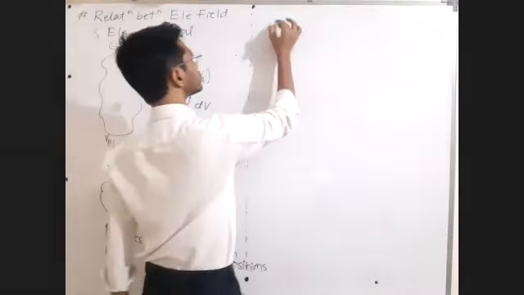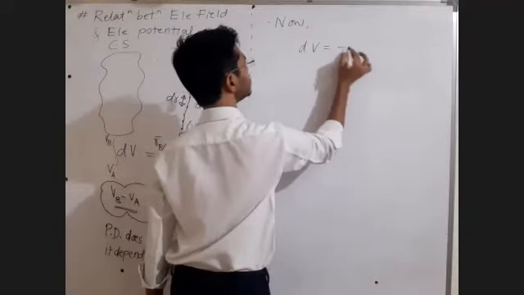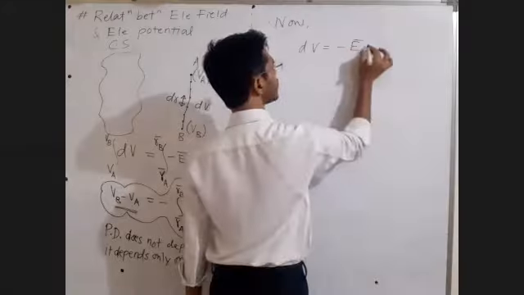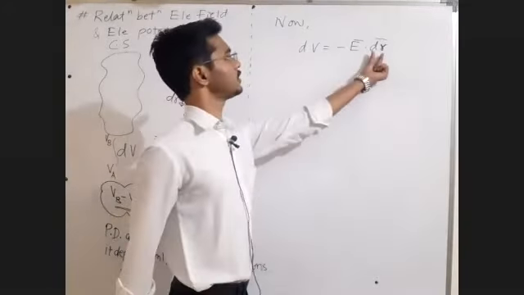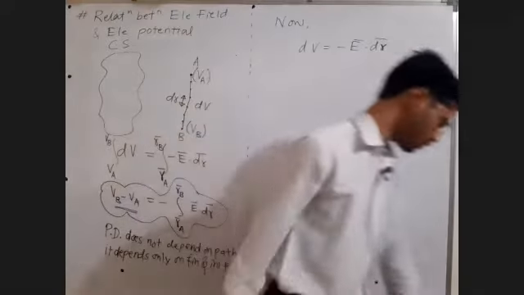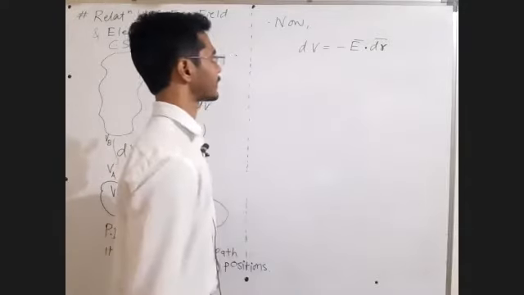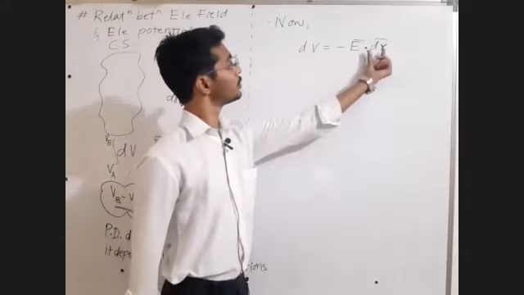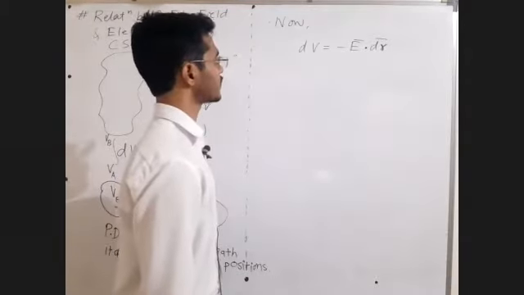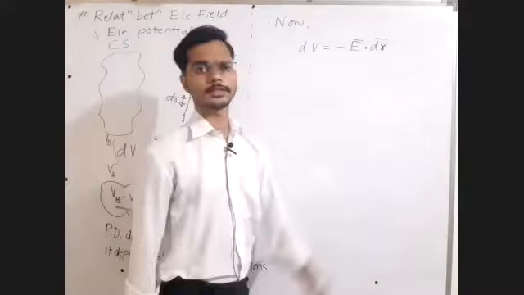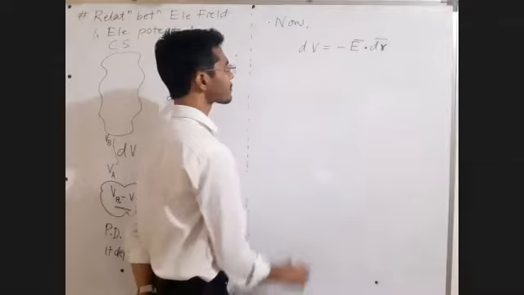Now write down. The formula that we have is that the very small potential difference is negative of E bar dot dr bar, and we are going to remember this. Sir, can we immediately bring this dr bar here? No, that cannot be done, because it's a dot product. Sir, is there any mathematical way to bring this dr bar down here? Yes, there is one mathematical way. That process is called taking gradients on both the sides. Try to understand.